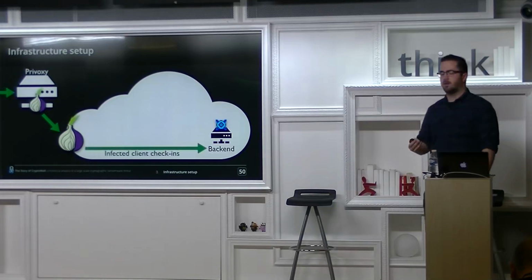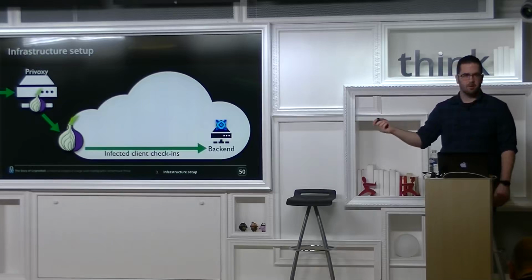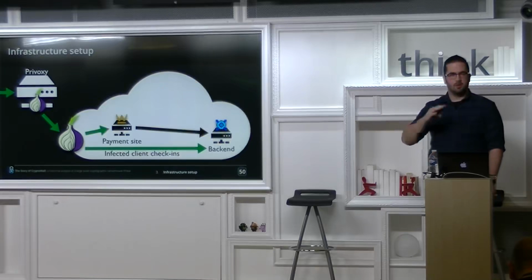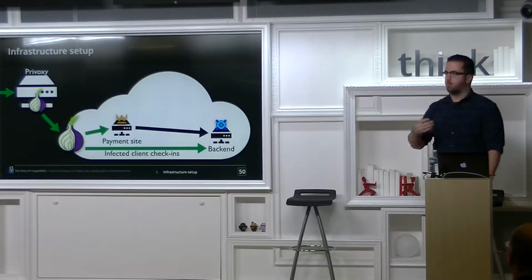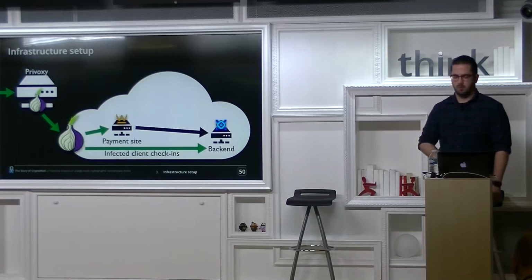So the initial check-in is actually into the backend server. It has the blue icon. If you find it, the favicon is actually this blue thing. Don't know where they got it. The payment website is in between. It has the orange icon. You connect to it, but it would actually upstream to the backend. So it's just another proxy in their whole system of proxies.